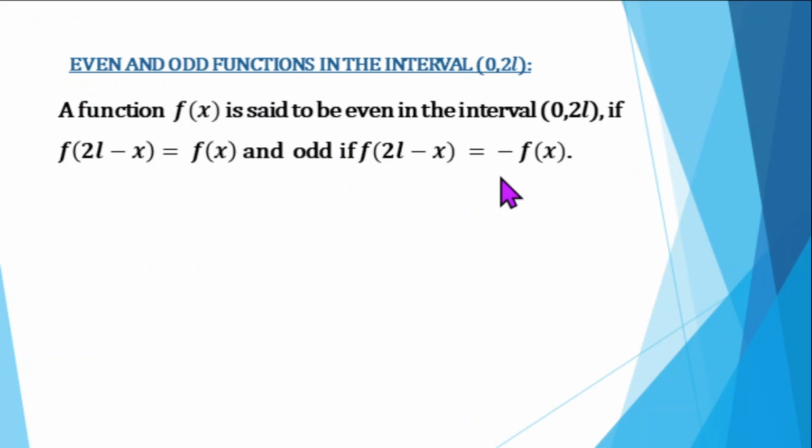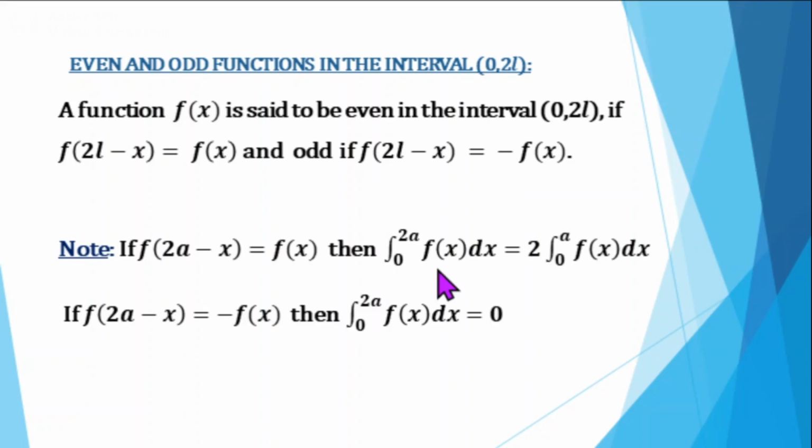Also, the definite integrals satisfy these two properties. The first property says if f of 2a minus x equal to f of x, then the value of integral from 0 to 2a f of x dx will be equal to 2 times integral from 0 to a f of x dx. And if f of 2a minus x equals minus f of x, then the value of integral from 0 to 2a f of x dx will be equal to 0. Using all these results, we can prove that